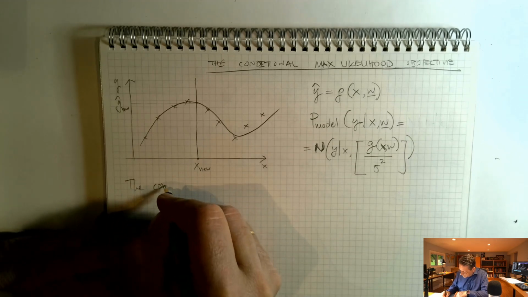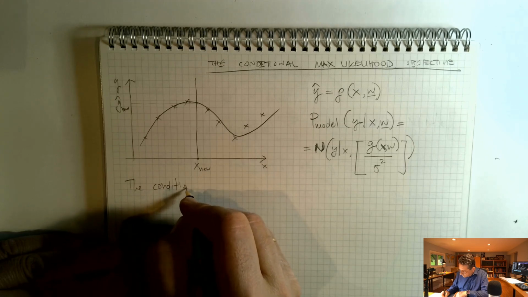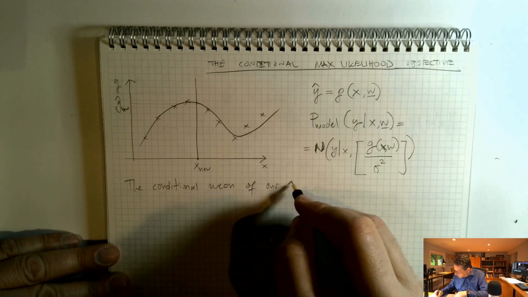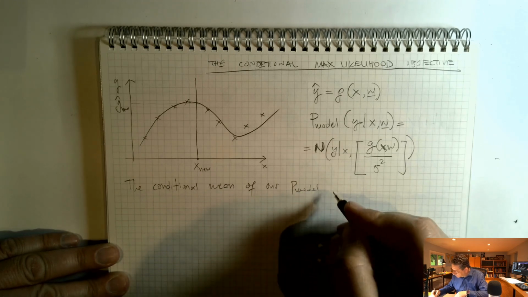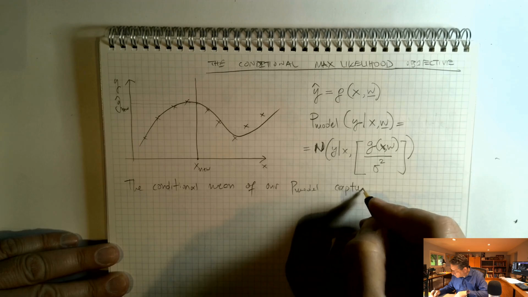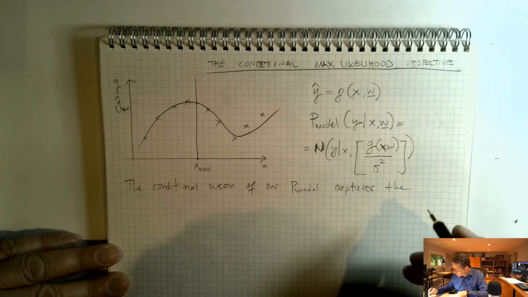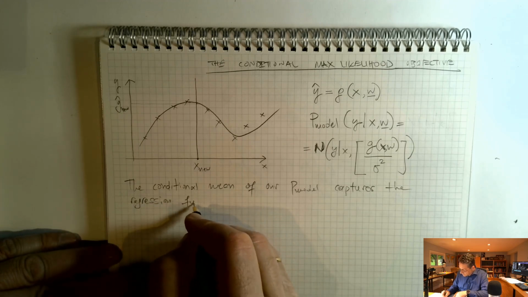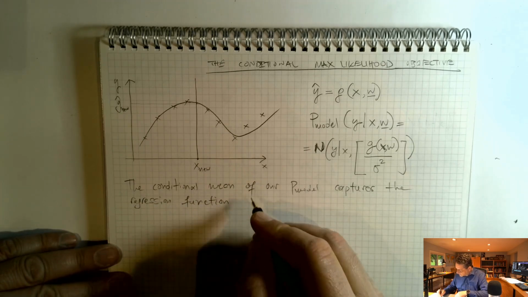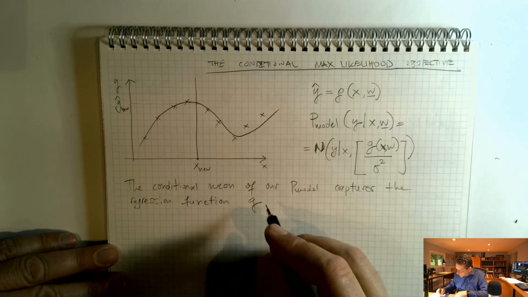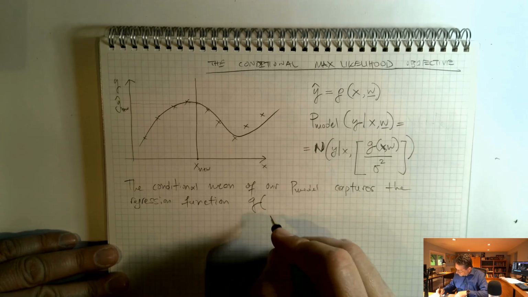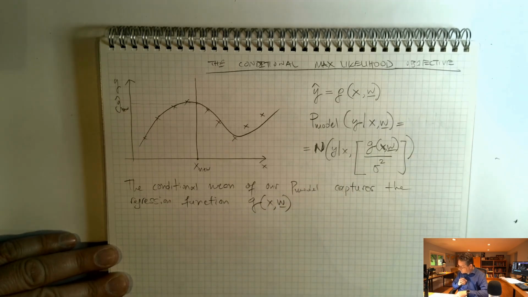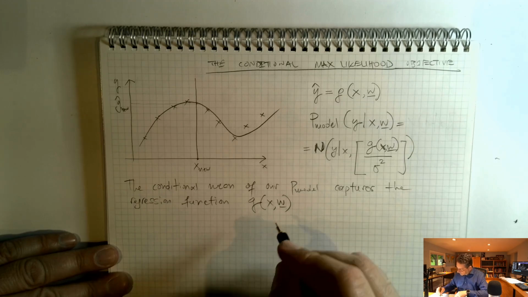So write it down that the conditional mean of our P model captures the regression function. What we have seen earlier, this regression function or hypothesis was g of x, comma w,